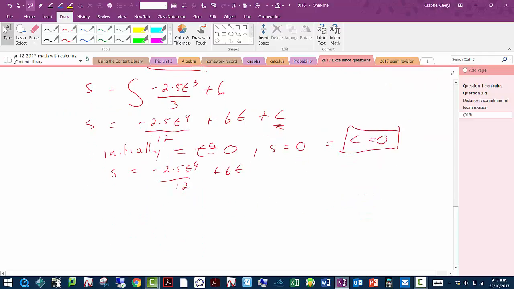Now we just want to know what this thing is doing at 4 seconds. So at 4 seconds, we simply have negative 2.5 times 4 to the power of 4 over 12, plus 6 times 4, and we're going to get an answer of negative